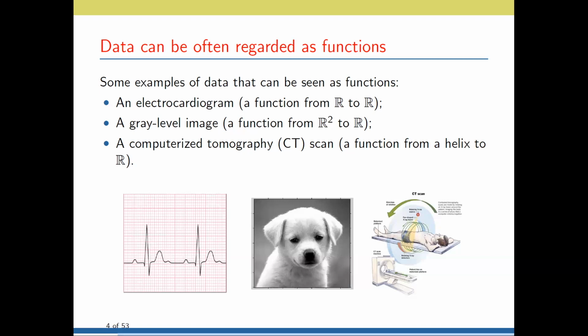And if you take a cloud of points in the real space or in R^n, well, this is equivalent to the distance function. That is the function taking each point of the Euclidean space to the distance from the cloud of points. And this information is equivalent to the cloud of points. So in several cases, data can be represented as functions. I will focus on functions from sets to the real numbers, but the theory can be applied to R^k-valued functions.